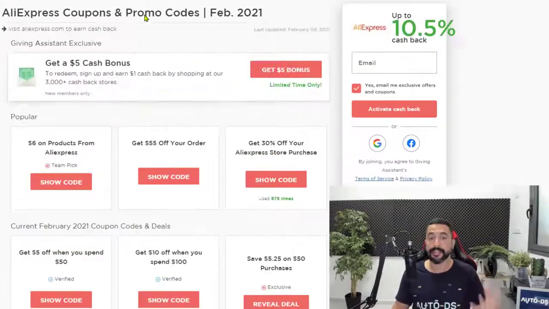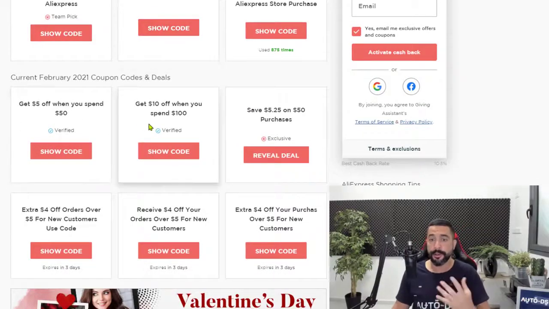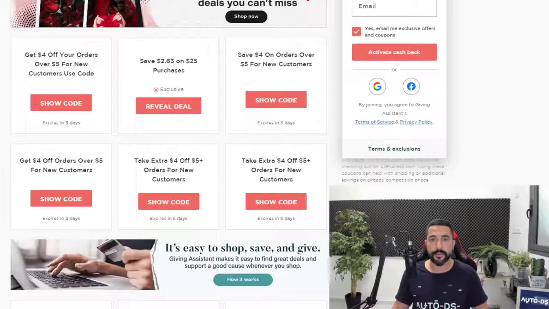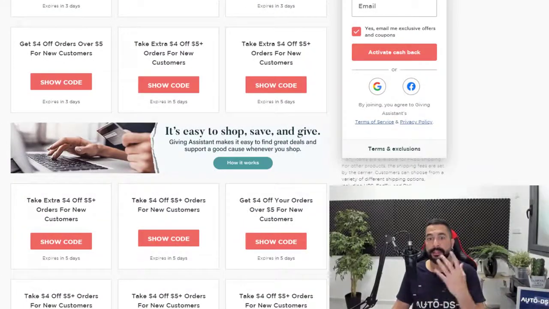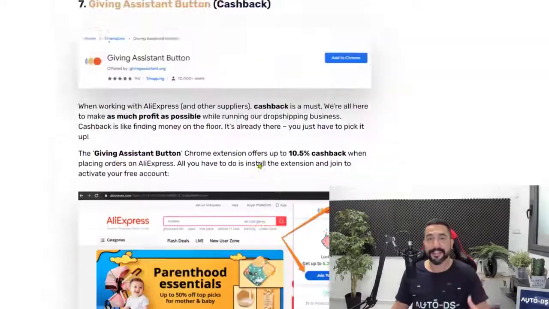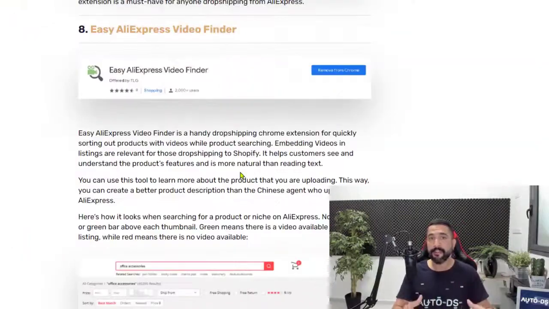As you can see here, it has a whole bunch of codes that it can show you, like $6 off of products on AliExpress, $55 off your order, 30% off, etc, etc. So you can use these to get the one-time codes, or use the extension while you're browsing AliExpress and it'll let you know when there's a coupon or discount available. So Giving Assistant button is number 7 on our list, and now on number 8 we have an extension called